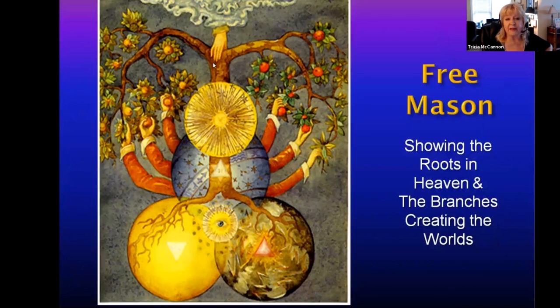Pretty beautiful hand, huh? And so the roots of the tree are said to be in heaven, and the branches come down, and the manifest worlds, the physical world of form, the astral world, the mental world, and the spiritual realms. This would be the sixth and seventh dimension. This would be the fifth dimension. This would be the fourth, and this would be the third dimension. You know, all actually are connected to the tree of life. Without them, existence wouldn't be here.